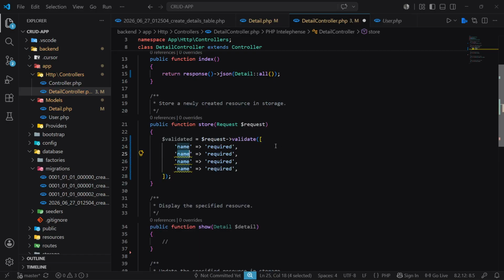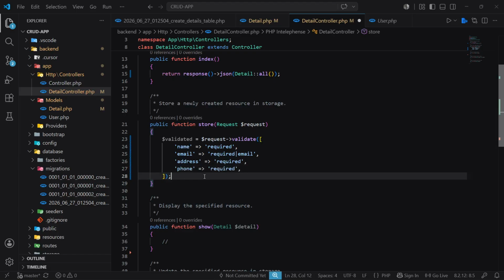So the name, the email must be an email, so required, and then it must be an email, and then the address must be filled, then finally the phone must be filled as well. Okay,